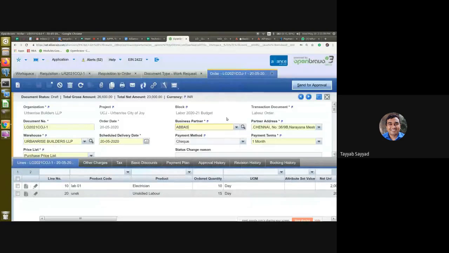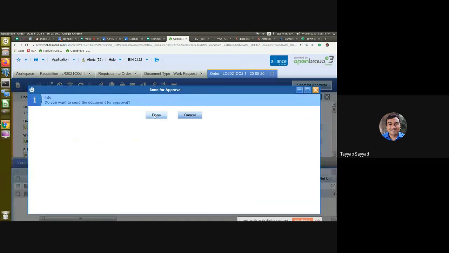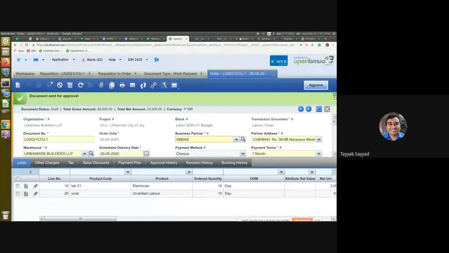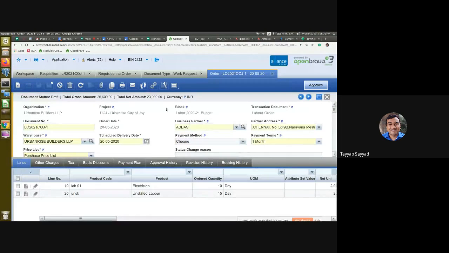After this, we'll send this order for approval. And the approver will get notification through emails and everything. If he's on the system, he will just directly filter on the orders which are pending for his approval and then approve that.